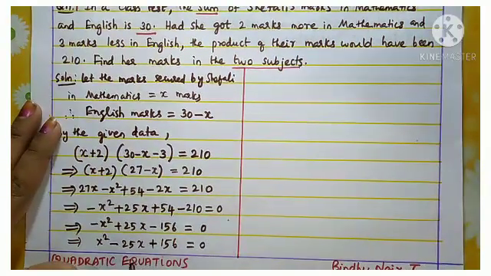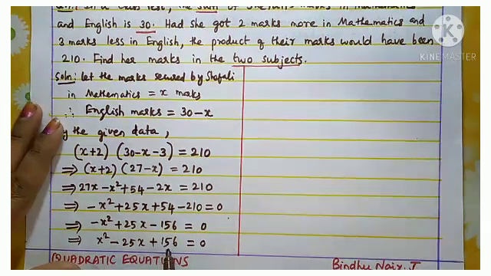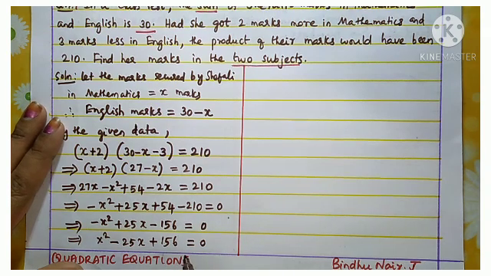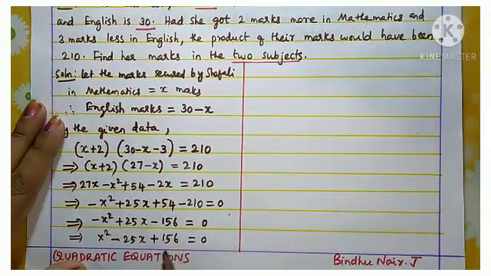Whenever you want to find the factorization of a given quadratic equation, if you are not getting the numbers for splitting the middle term, or if you are feeling difficulty, you can use the quadratic formula. Here we can see whether we can get the two numbers for the splitting the middle term method. The coefficient of x square is 1, so we can find the roots directly, very easily.